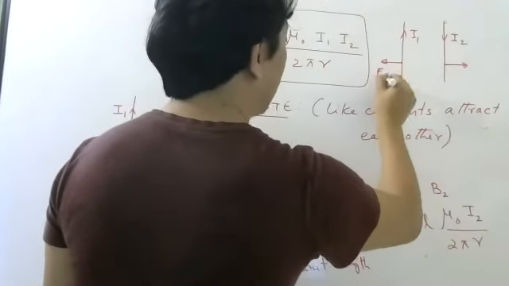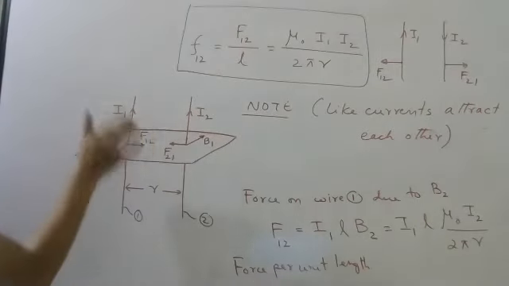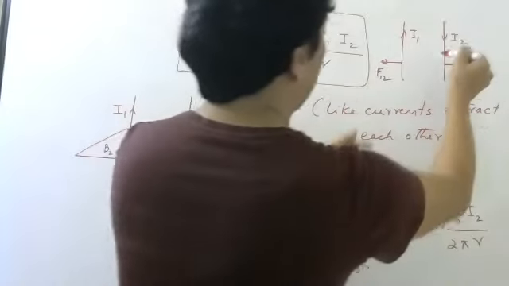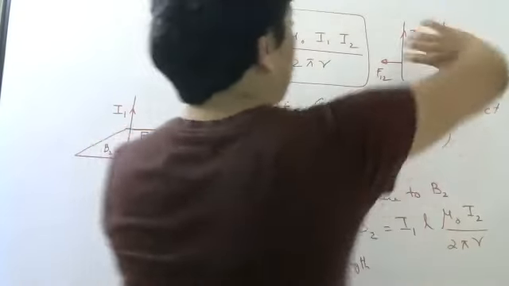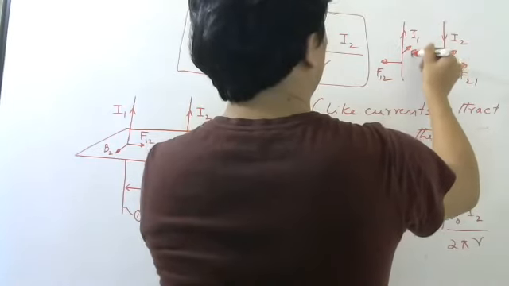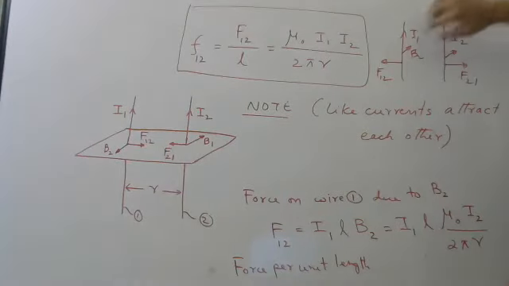Then you can try the same thing I did here. First find the magnetic field of the first wire. Here the magnetic field of the first wire will be like this. For this it will be like this only, because it is down, no? So like this it has to be. Understood or not? So for this current, it will be down here.